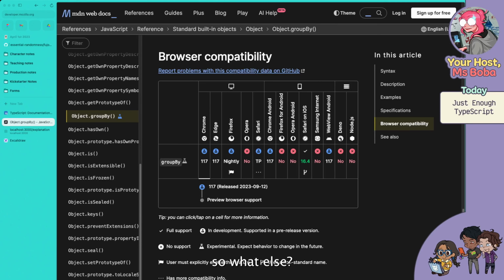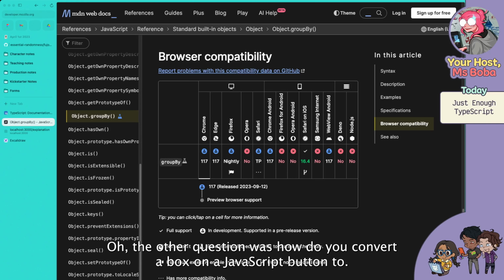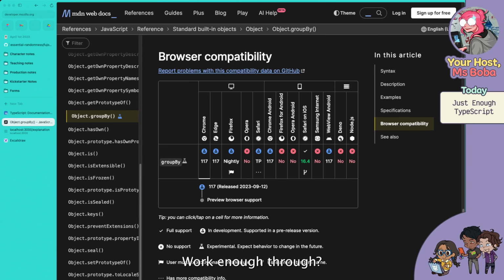So what else? Oh, the other question was, how do you convert a JavaScript button to work in Astro? Let me do that, because that's an interesting question. So if you have a button,